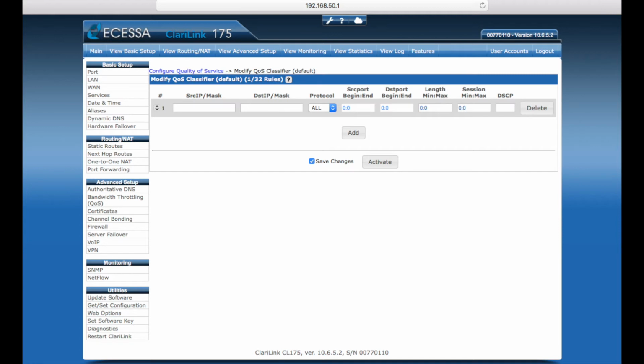If a user transfers less than a meg of data, maybe we want them high priority. If a user transfers 5 megs, maybe we want to put them in a lower priority. If a user transfers 10 megs or more, maybe we might want to make them a very low priority. This allows you to distribute bandwidth more equitably should the need arise. Note that if a field is left blank here in the classifier configuration screen, it's considered to be all possible values.